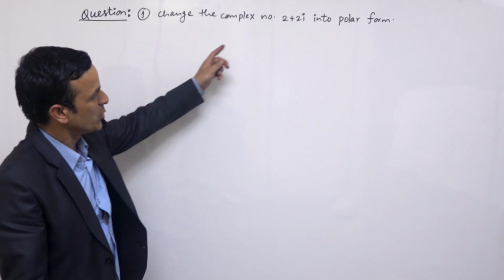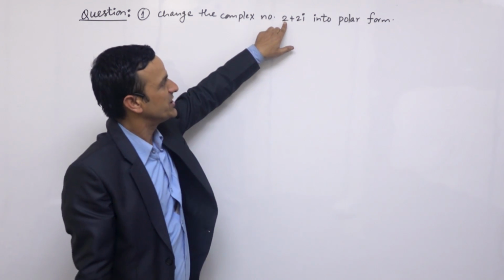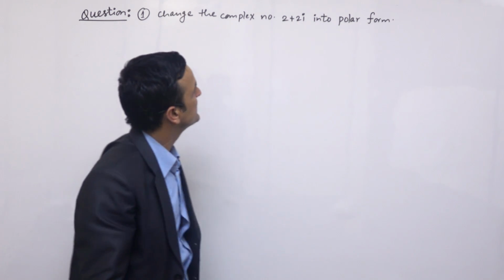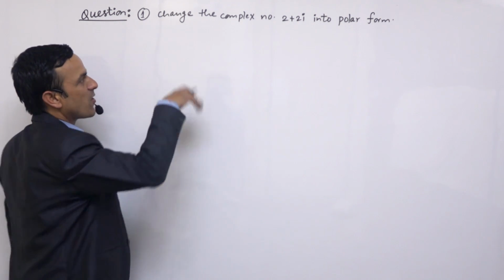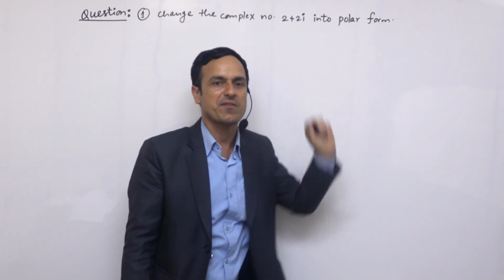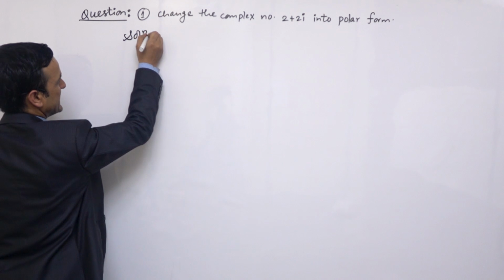So this topic is related to polar form. Now we have to convert this given complex number into polar form. So this is the question: change or convert this complex number into polar form. So how to change? So its solution is,